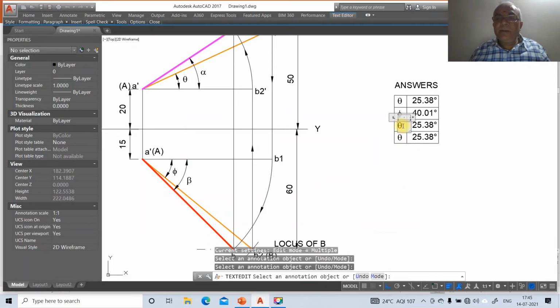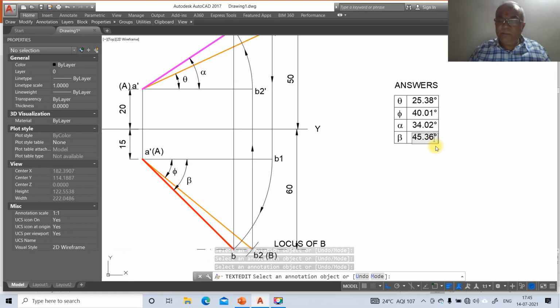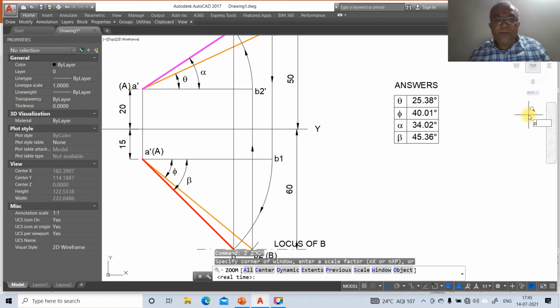You type alpha, A, which is 34.02. And this is beta, which is 45.36. So this is how you will be able to solve this problem.